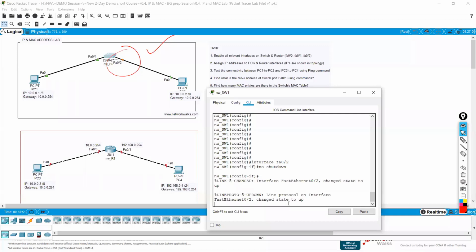Enter. You can see as soon as we entered, these ports became orange and this side became green, before it was red. And here we got a prompt that the state changed to up, meaning the protocol is coming up now. Means we can connect a computer. The computers which are connected here can use this switch now. Before they could not use it.